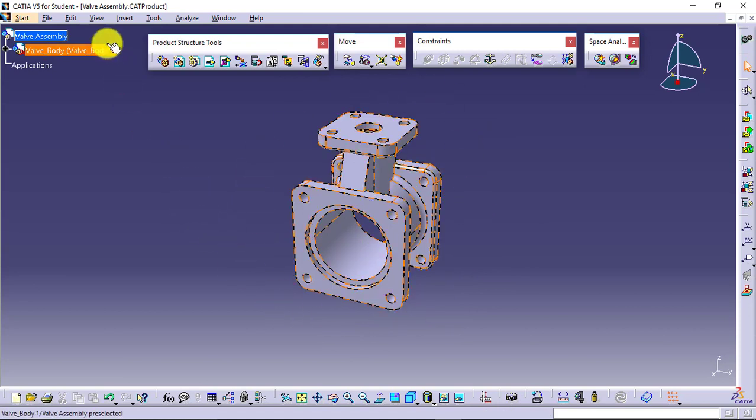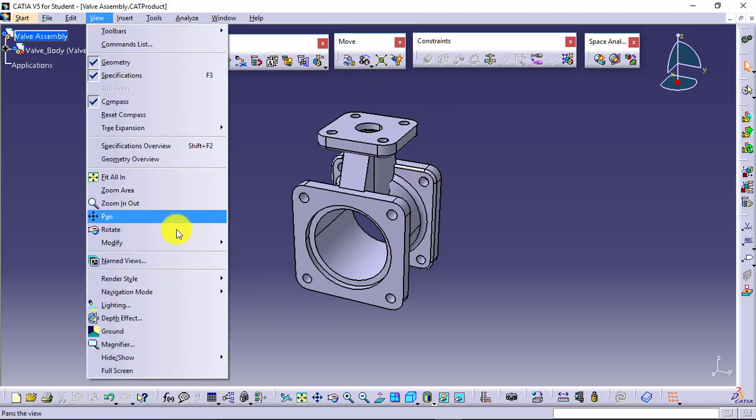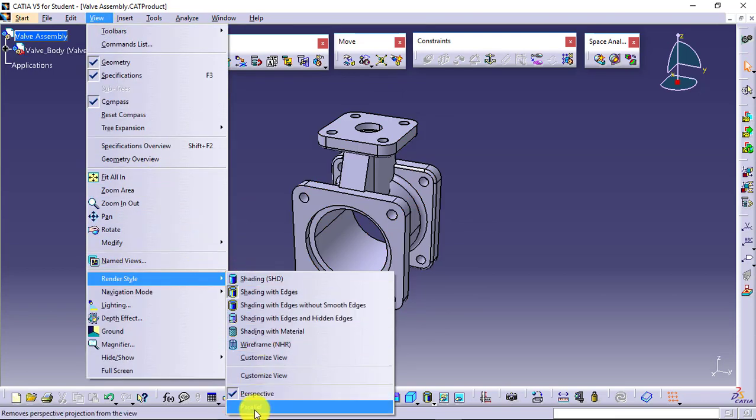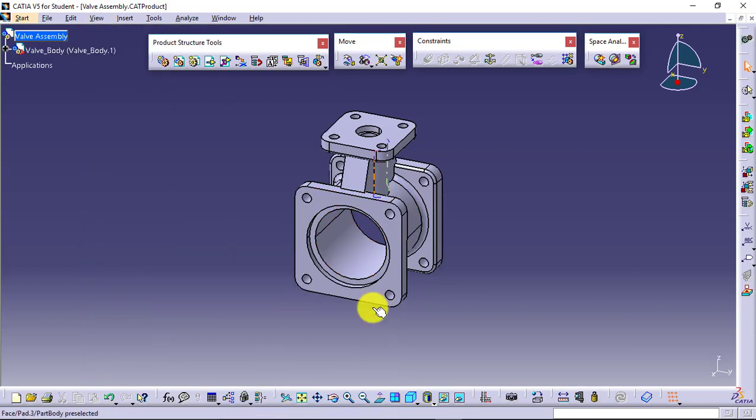So for that I will go into View, Render Style, and I will change the render style to Parallel. Observe the difference as soon as I click on parallel. See, now this is the isometric projection or isometric view you have.